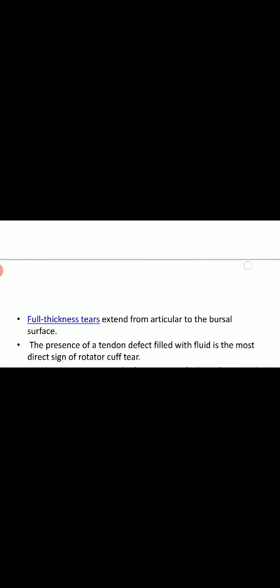This is another classification for the supraspinatus tear. It is a very important classification, even for the prognosis. This is Patte's classification. In stage 1, the stump will be near the bony insertion, the supraspinatus stump. In stage 2, the supraspinatus stump will be at the humeral head. In stage 3, it will be at the glenoid. This is Patte's classification.